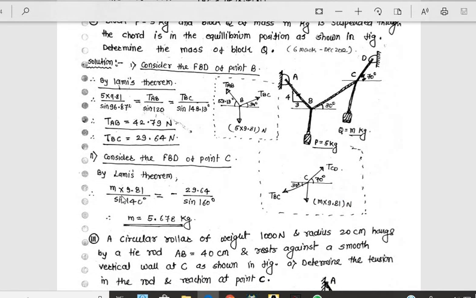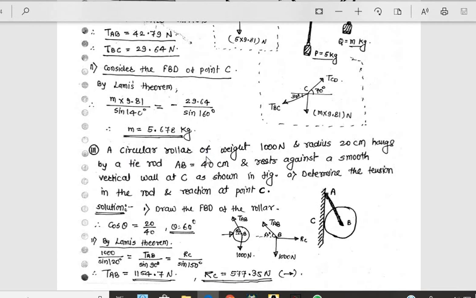Now see, by Lami's theorem, M into 9.81 is equal to divided by sine 140, this angle. And now this sign you have to change. Here it is 29.6 positive. Now for showing here you have to replace it by negative, but it doesn't matter actually. That indicates this is acting vertically downward, it comes minus M mass. So from this M comes out to be 5.67. The meaning of this negative sign is that you will get M in negative, which means it is acting vertically downward. It is a mass or weight.